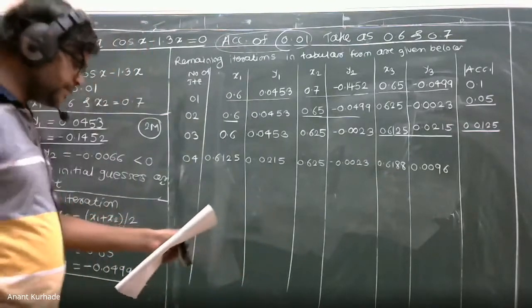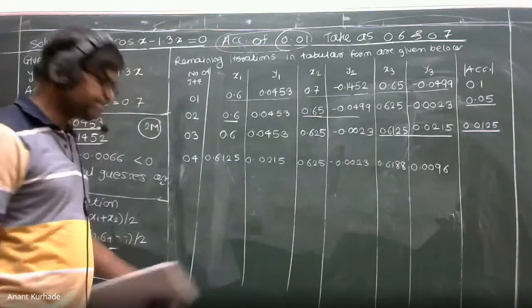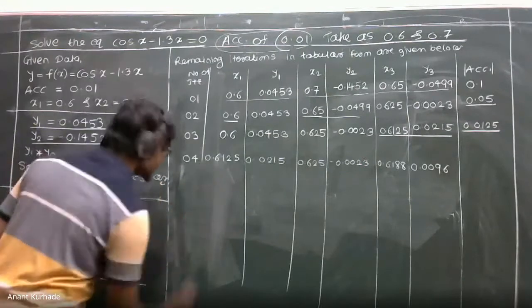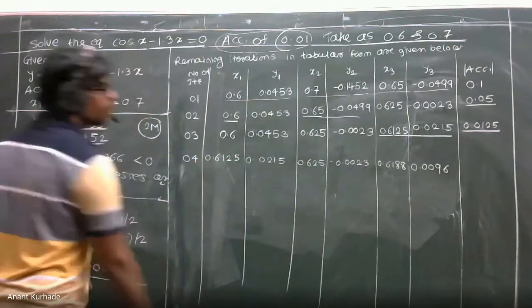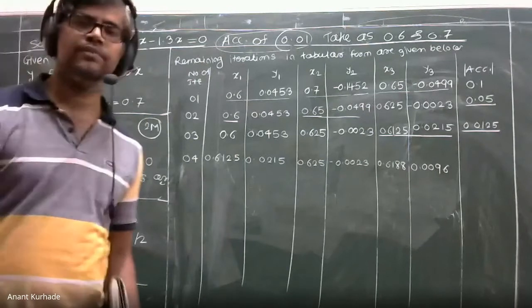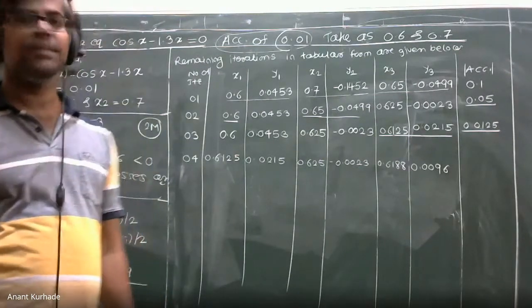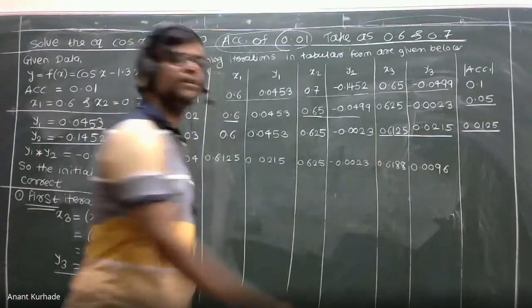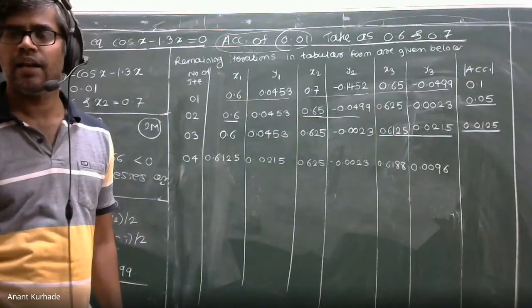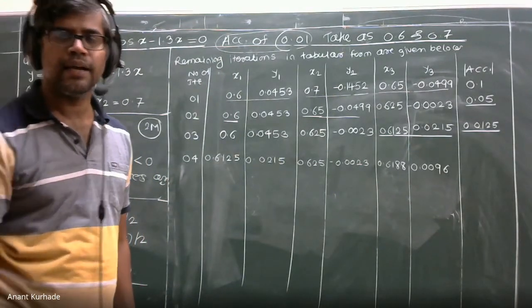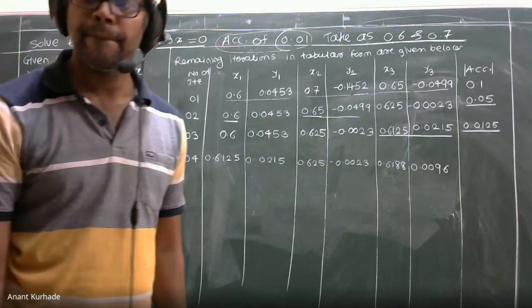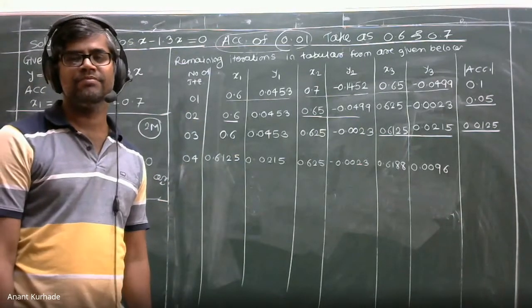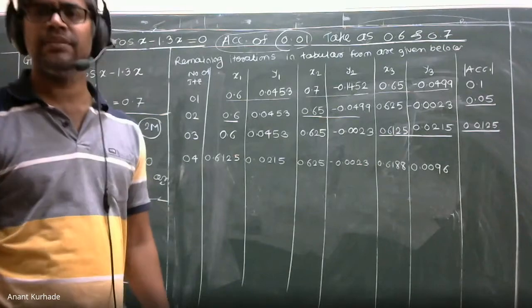Check y3. Check accuracy. Time is running. Take accuracy first, then minus. I'm audible. Hello. Yes, sir. What is accuracy? This minus this. Why are we taking so much time?